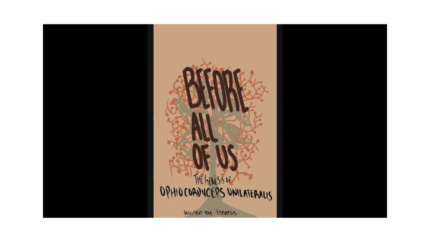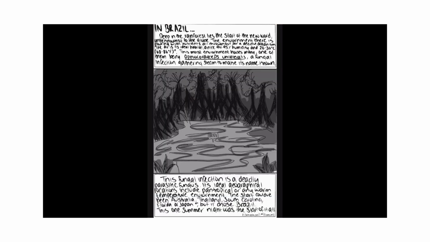Before all of us, the genesis of Eukaryotes unilateralis. Deep in the rainforest lies the start of the New World, unbeknownst to the globe. The environment there is pouring with nutrients all throughout for a deadly organism. The air is its ideal habitat, a nice 94 to 95% humidity and 20 to 30 degrees Celsius. This moist environment houses many, one of them being Eukaryotes unilateralis, a fungal infection gathering steam to make its name